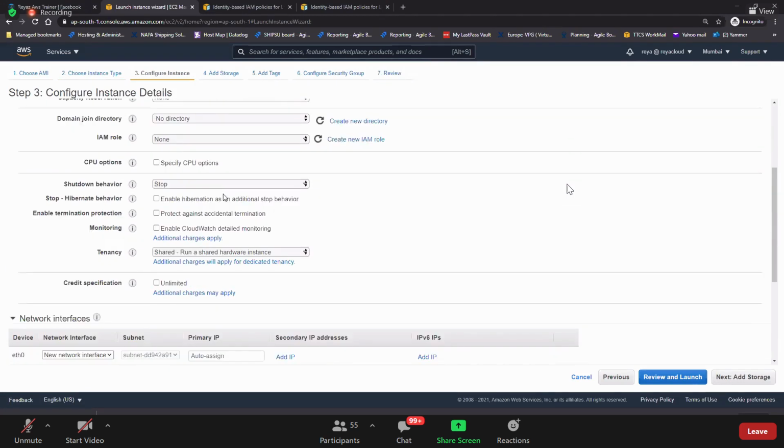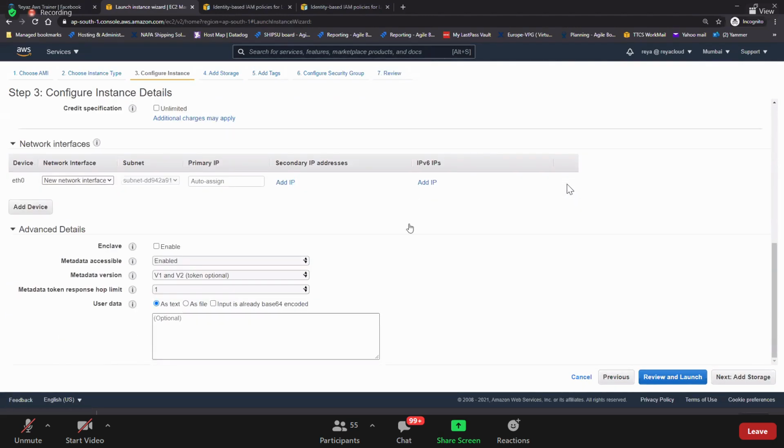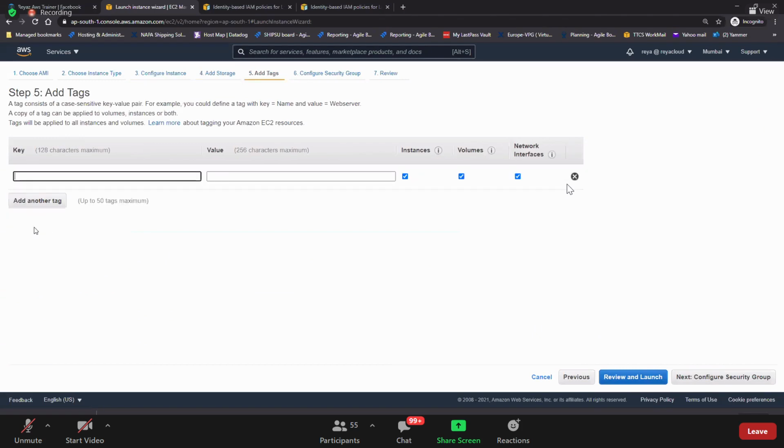I'll keep everything default. If you want termination protection, it's selected, and keep everything default. Next. Don't change anything, keep it default. Next. Add tag, capital N name. I call it Windows Server. Click on next.